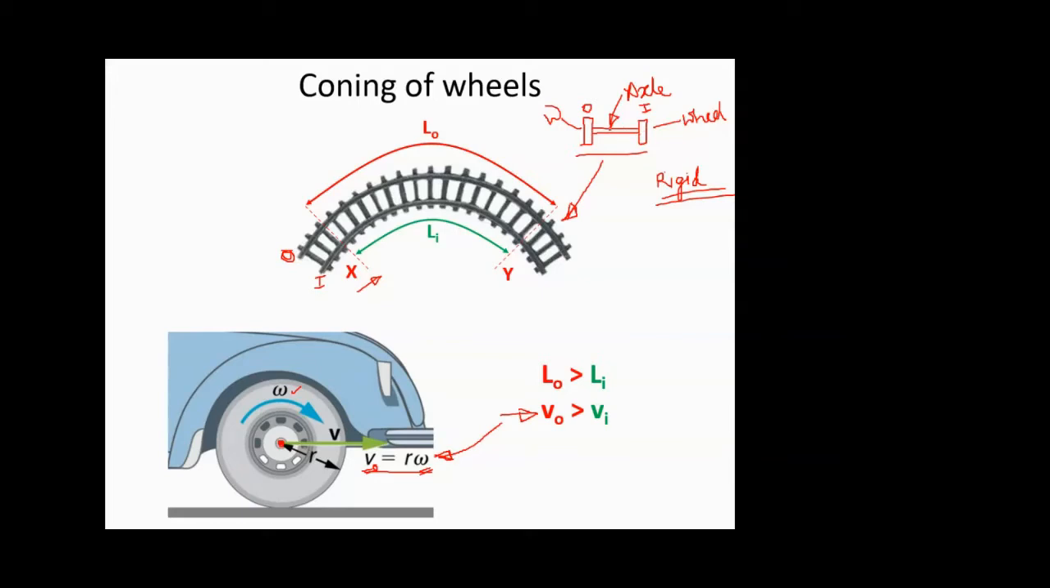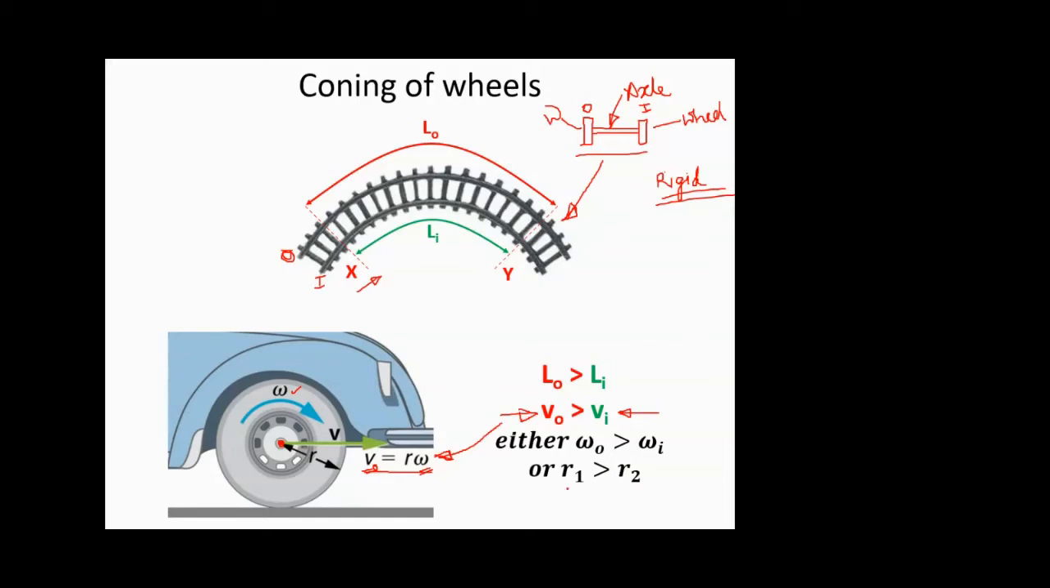So the speed by which the common axle will rotate, the same speed will be imparted to both the wheels. So if that is the case, we can't have two omegas here, we will have only one omega. So if you want this condition to happen, V naught should be greater than Vi. So either omega of outer wheel should be greater than omega of inner wheel, that is, angular velocity of outer wheel should be greater than inner wheel, or the radius of outer